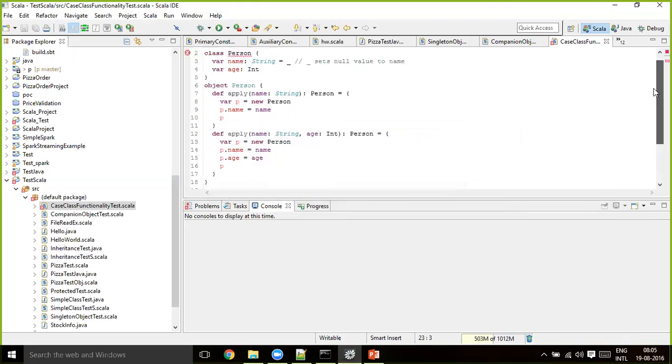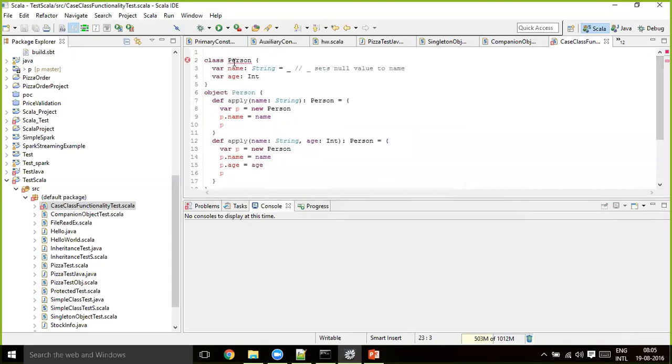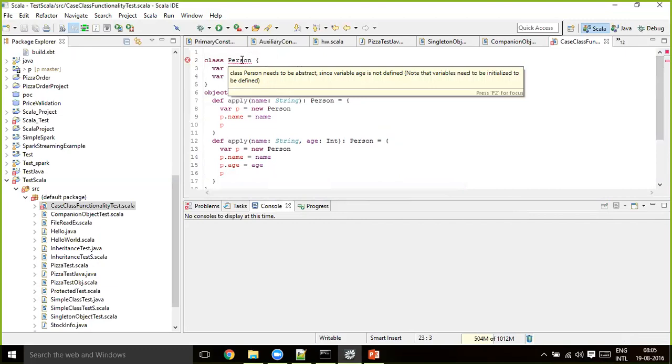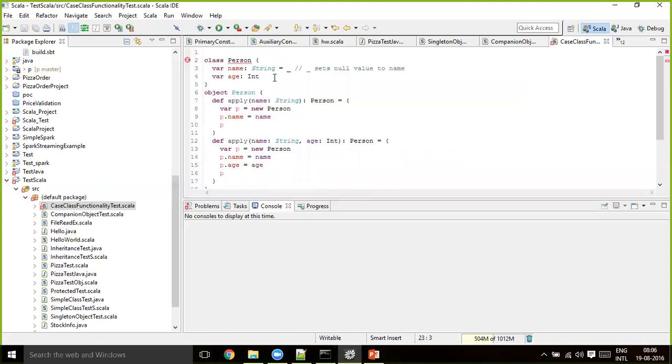Seems like there is an error. Class Person needs to be abstract since variable age is not defined. Okay, it's just declared, not defined. So it's asking me to